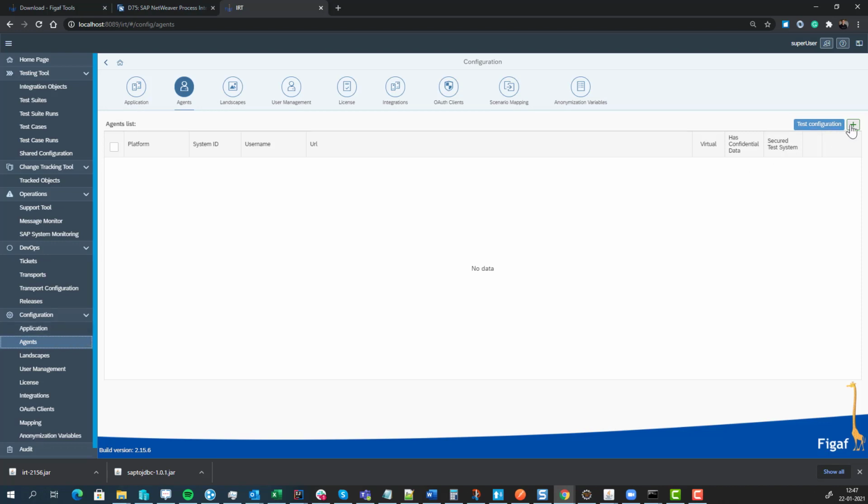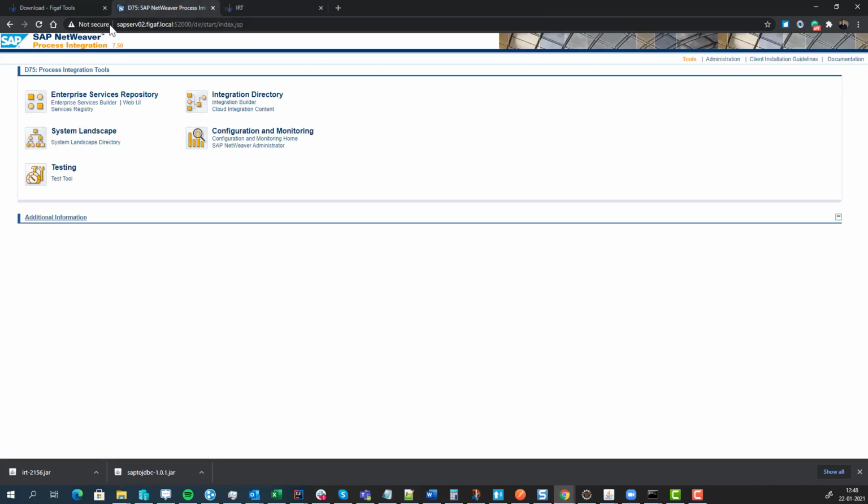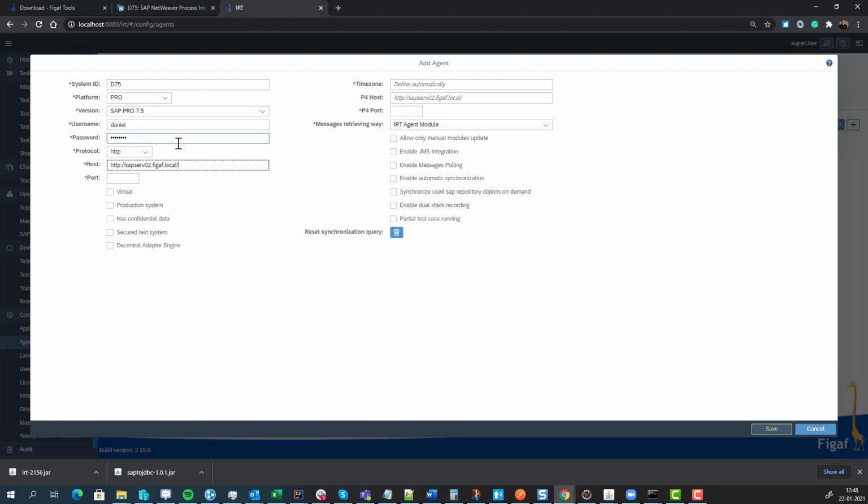We will then go here to the agent. Each system is an agent, and we have D75. It's a PO system. My username is Daniel, and the password. It's HTTP. So you'll take this one, the URL here. You can select it as virtual if you do not